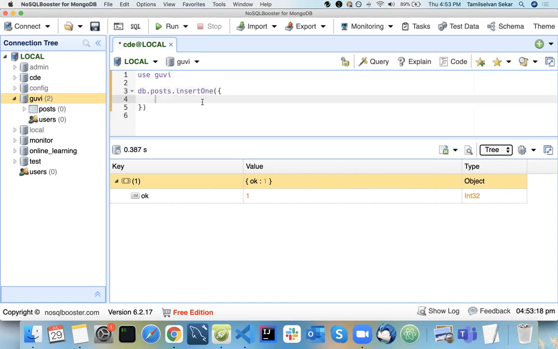If it is insertMany, we can pass an array with as many objects as you want, and those records will be inserted. So insertOne takes an object as input. This is the object that is going to be inserted in your collection.